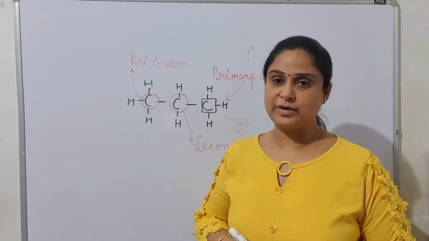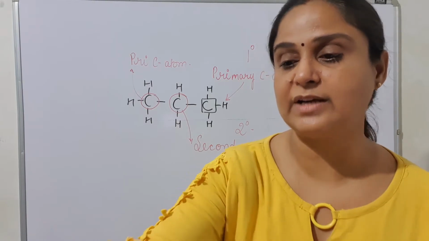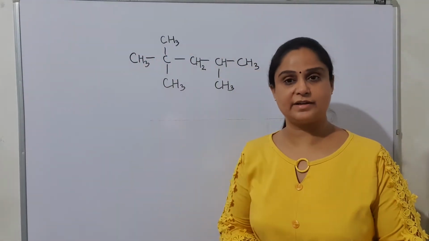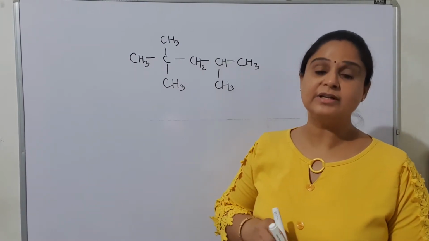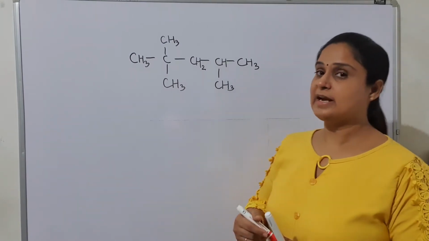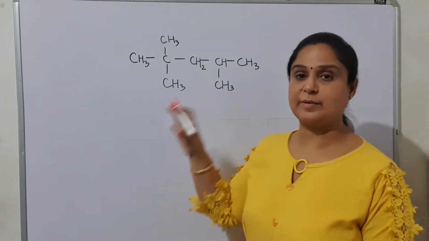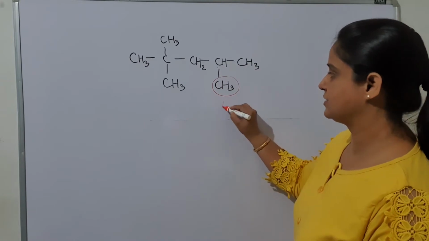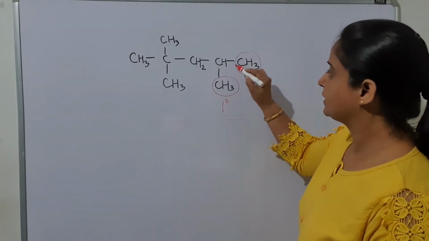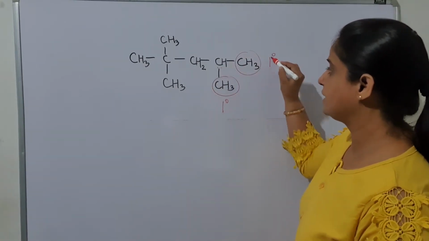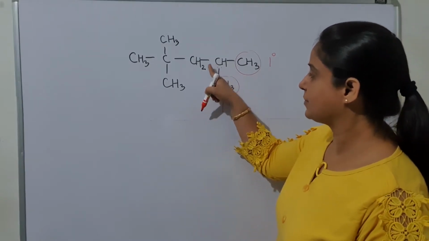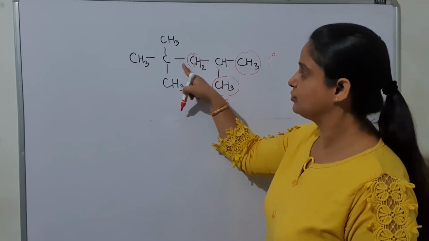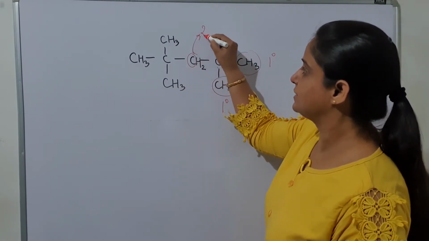Now let's see one more example and we will try to recognize what are the other types of carbon atom. So here we have another compound and we are going to concentrate on different kinds of carbon atoms and recognize which type of carbon atom they are. So let's concentrate on this carbon connected with 1, so it is primary. This carbon atom connected with 1 only, so it is primary. This carbon atom, this one, connected with 2 only, so it is secondary carbon.